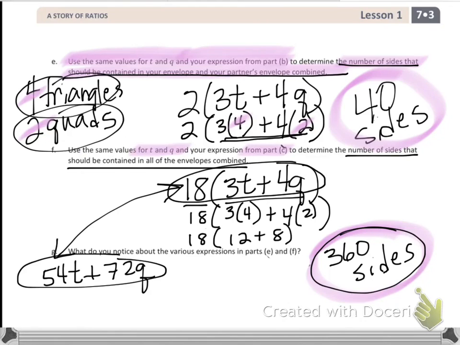So if we use this, and maybe some of you did, we could therefore just go ahead and plug in our values. 54 times 4 plus 72 times 2, which is going to equal, what's that, 216, which is this here, 216 plus is that 144? Okay, that's